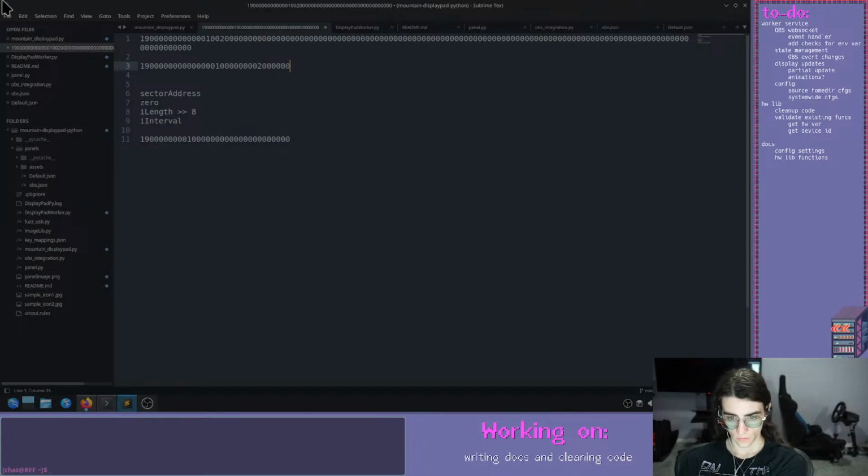I don't think it's doing anything funky with that. It's an 8-bit register, and it's taking the sector address and stuffing it in there. And then what does it do with the